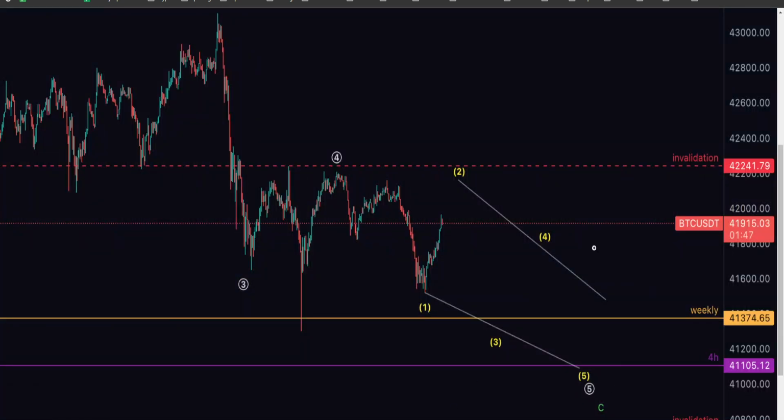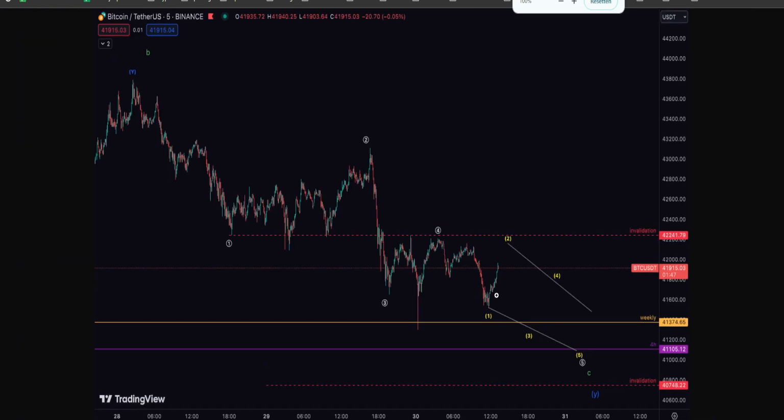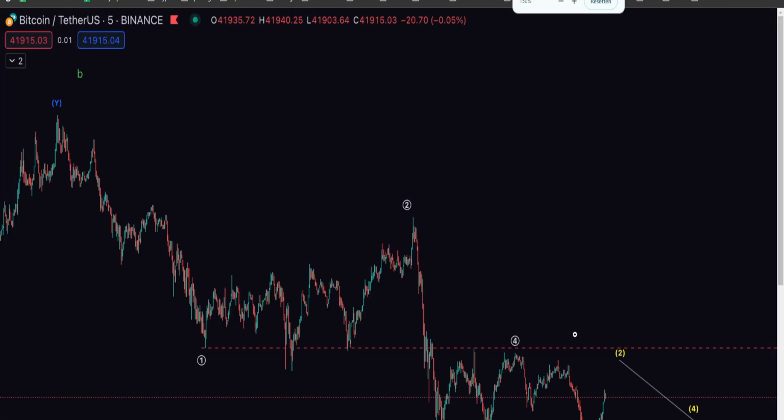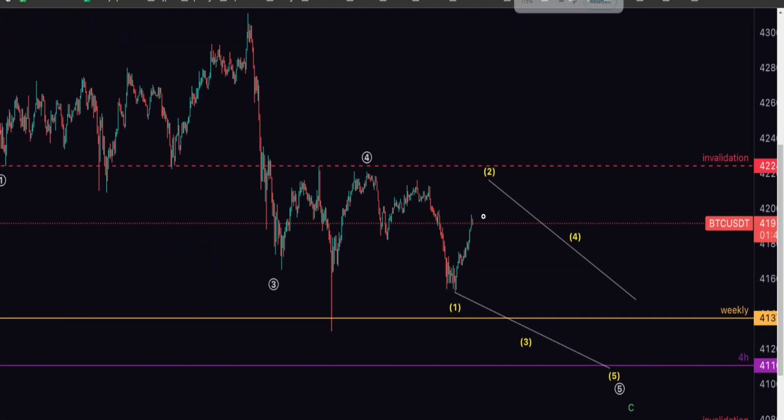It's very early to think about ending diagonals for a wave 5 and therefore ending C, but it is an interesting thought anyway. So he posted this scenario over here in Discord: 1, 2, 3, 4, 5. I do think 4 is quite short compared to 2 at the moment, so potentially we continue ranging here for the weekend, but nonetheless a potential ending diagonal in wave C where we do not hit the invalidation, which is